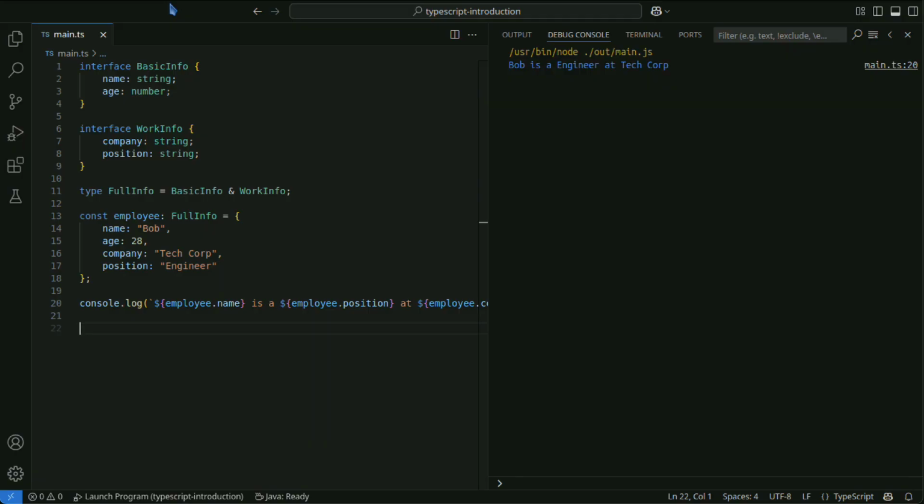This code combines the basic info and work info interfaces to create a new type called full info.